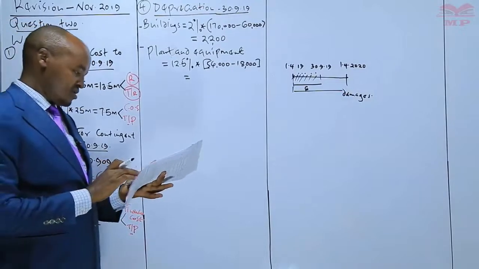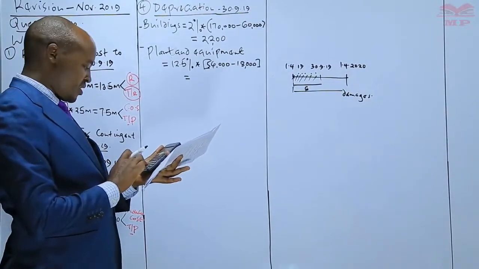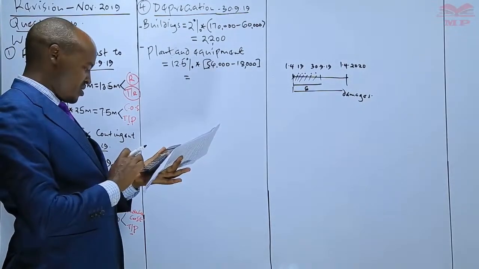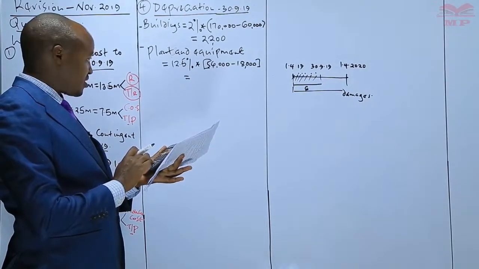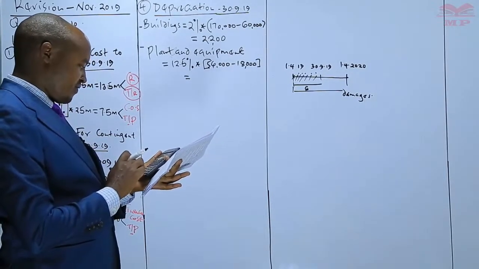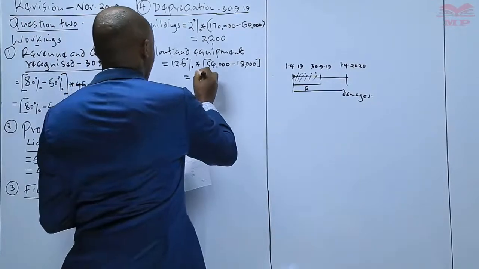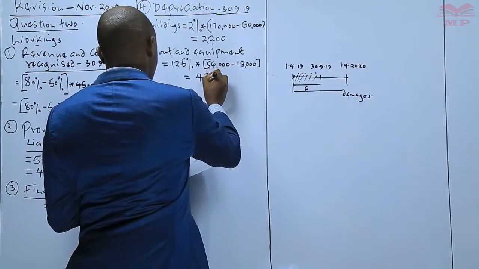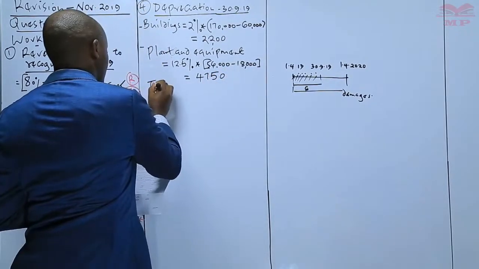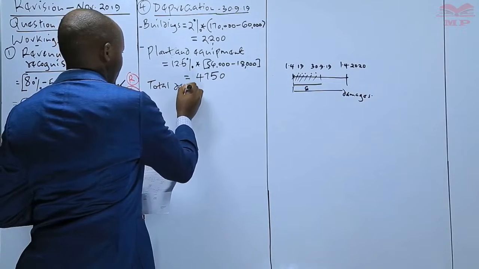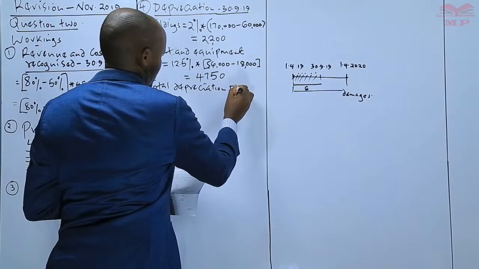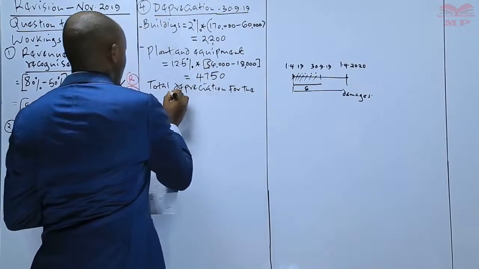So let's compute that. We have 56,000 minus 18,000 times 12.5%. That will give us 4,750. So in our case now, from that we can compute the total depreciation for the year, and the total depreciation for the year for the two assets,